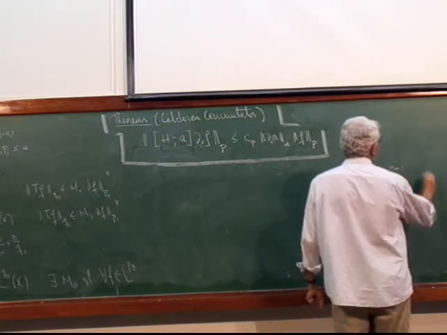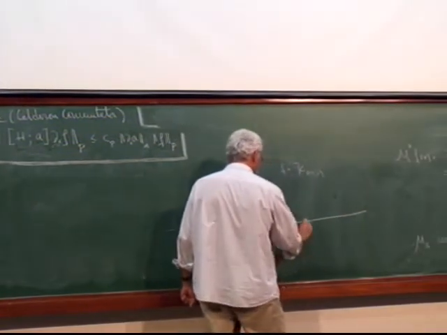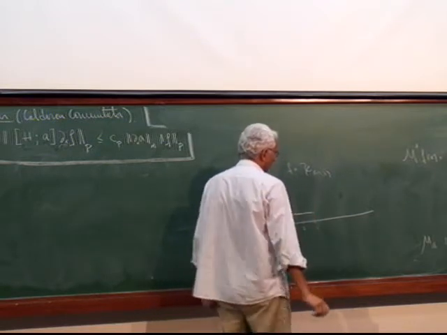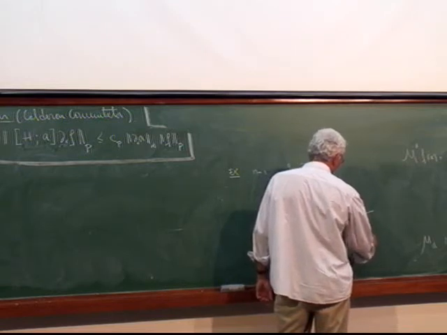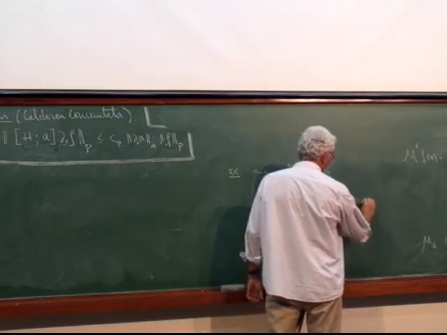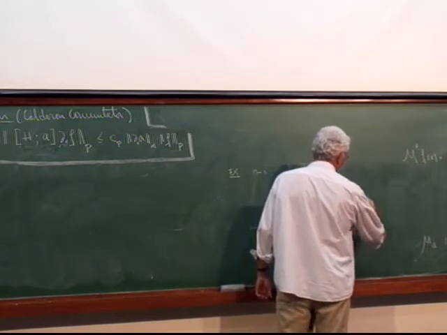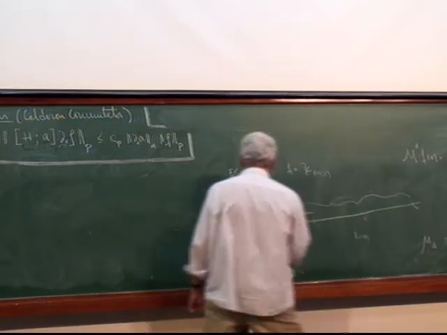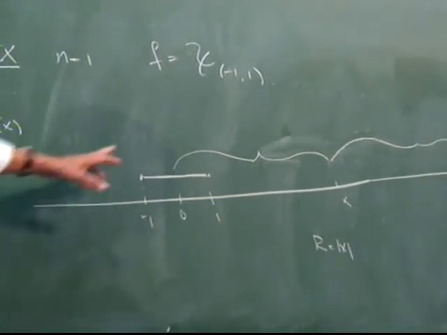Suppose that we are in one dimension. Suppose that we take f, the characteristic function of minus 1, 1, means that we are here. This is our function. Okay, suppose that we take x very large here. And we take the radius equal to the absolute value of x. That means that we are going to integrate in the ball of center x and radius r. We are going to integrate up to 2x. Then we take the ball of center x and radius absolute value of x. And if we integrate that,